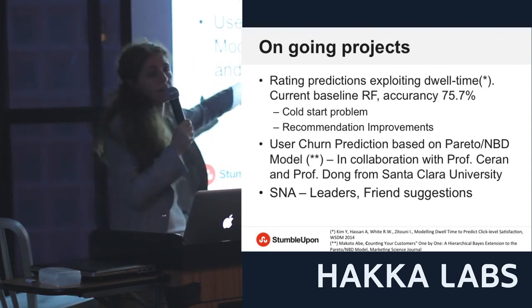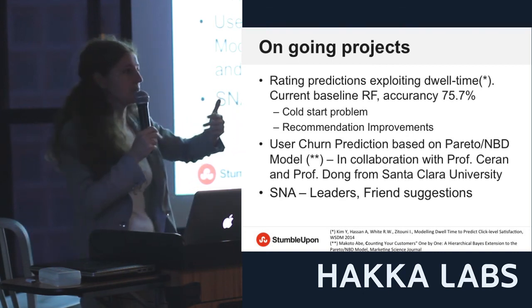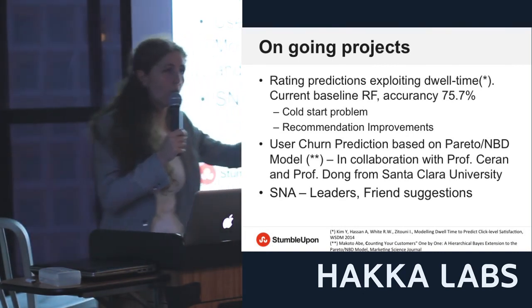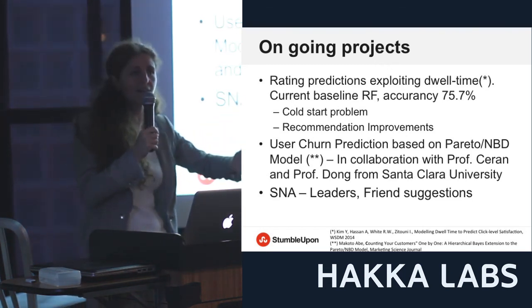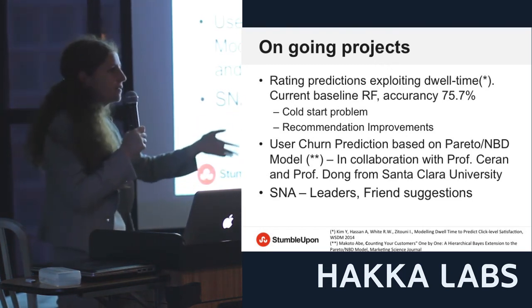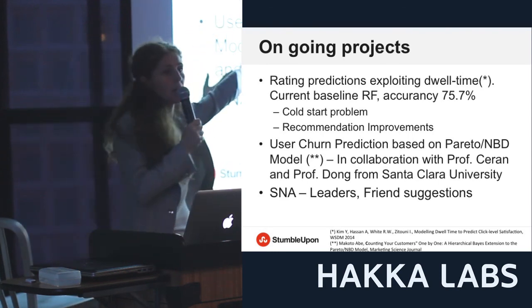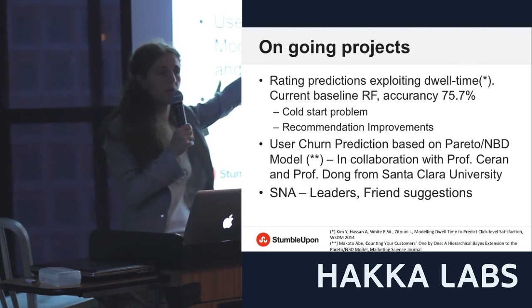And also to recommend. So again, this is a recommendation engine. I like, I don't like. But all recommendation engines have exactly the same problem. Ratings are sparse. A model that actually exploits dual time is not a sparse model anymore. It's a model for which you have one vote for each item in your index.